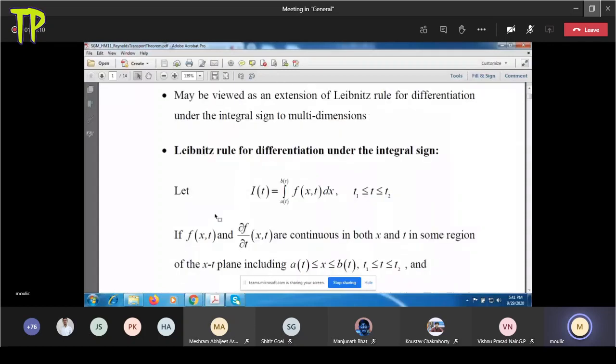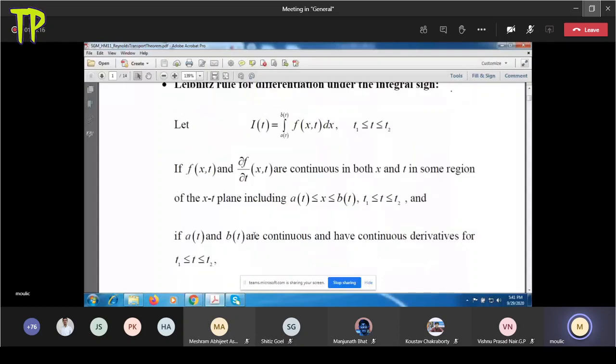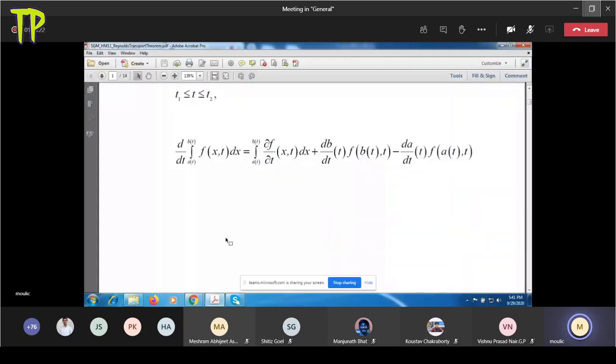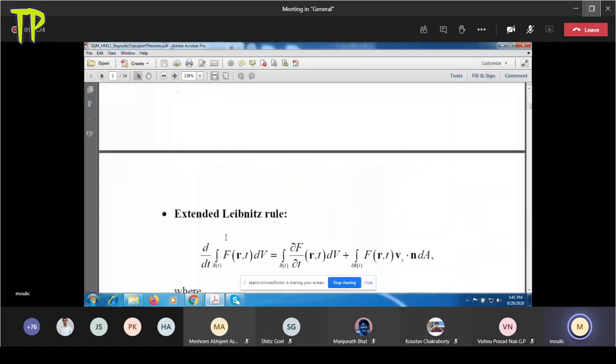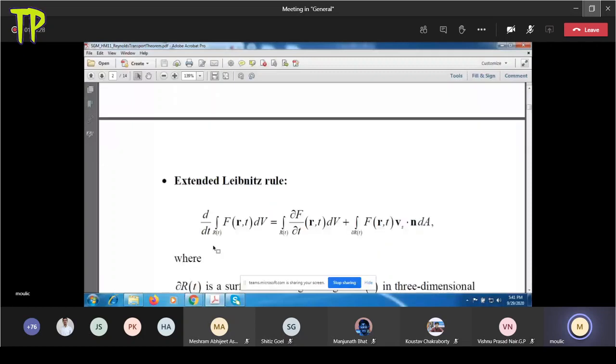These assumptions are important, that f and del f del t are continuous and a(t) and b(t) are continuous. But in most cases those are satisfied, so you don't have to worry about it. Now, the extension of this to multi-dimensions is of this form: if you have a function of x, y,